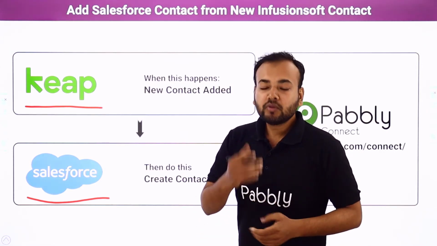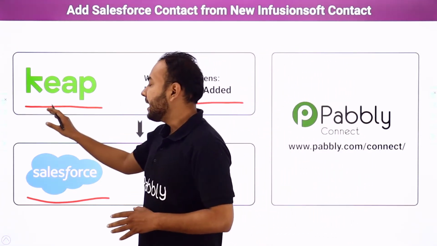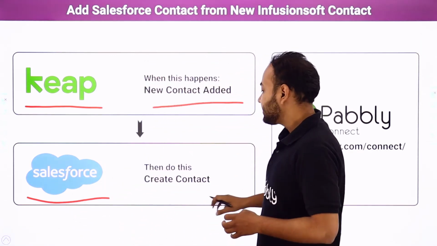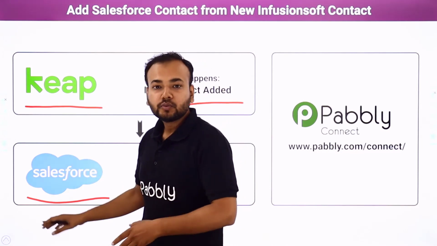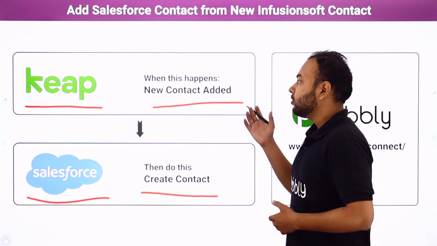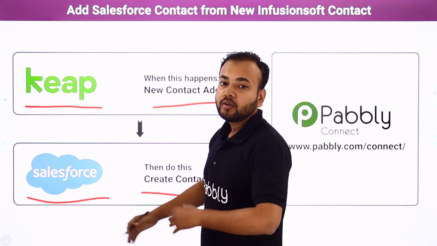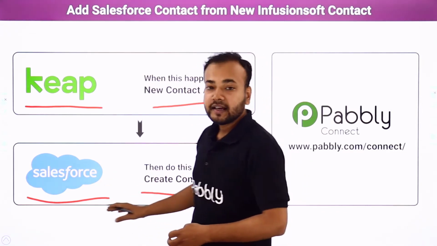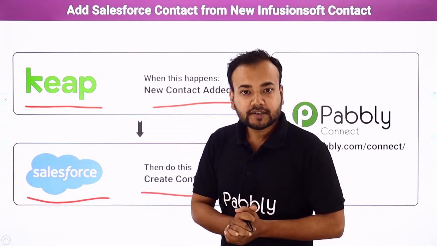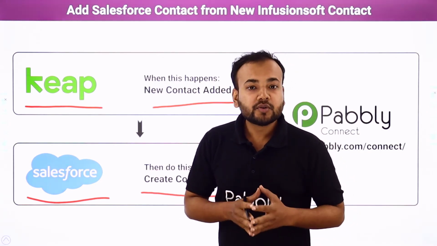So whenever you get a new lead or a new customer, you add that lead here as a new contact in the Keap application, right? Now you want to add that same customer or lead as a new contact in the Salesforce application too. To get this done, you have two ways. One is that whenever you get a new lead, you add a contact here in Keap, then you come to Salesforce and follow the same procedure, creating a new contact again on Salesforce. But guys, if you are receiving hundreds of leads or customers on a daily basis, this manual practice can consume a lot of your crucial time and it will reduce your productivity.